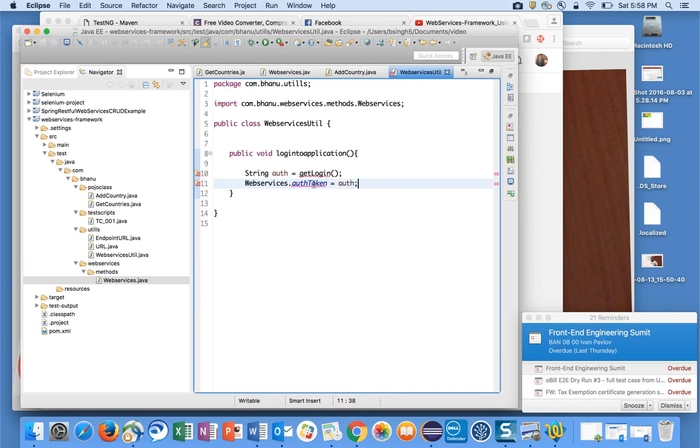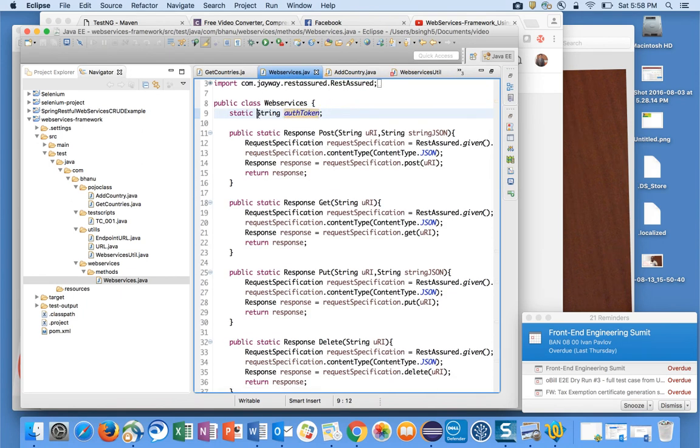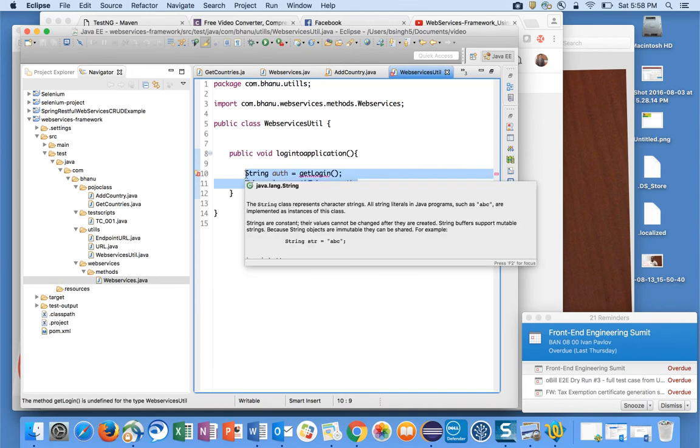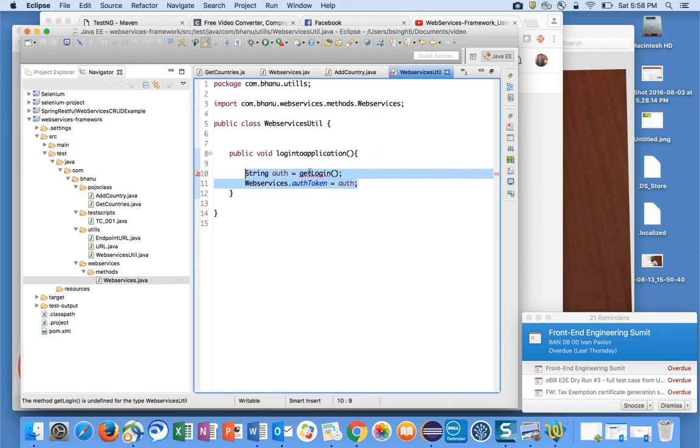All right, so okay, it is asking me to make it public because here I think it is protected. This is access modifier things, I will not teach here. So assume that this method is calling a login, and this will give you the authorization, so you are just mapping with it.